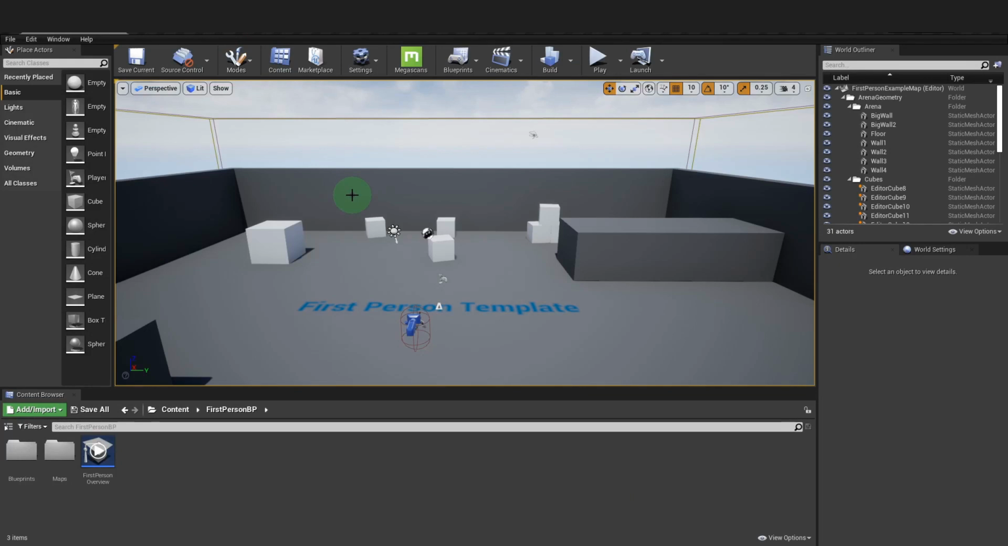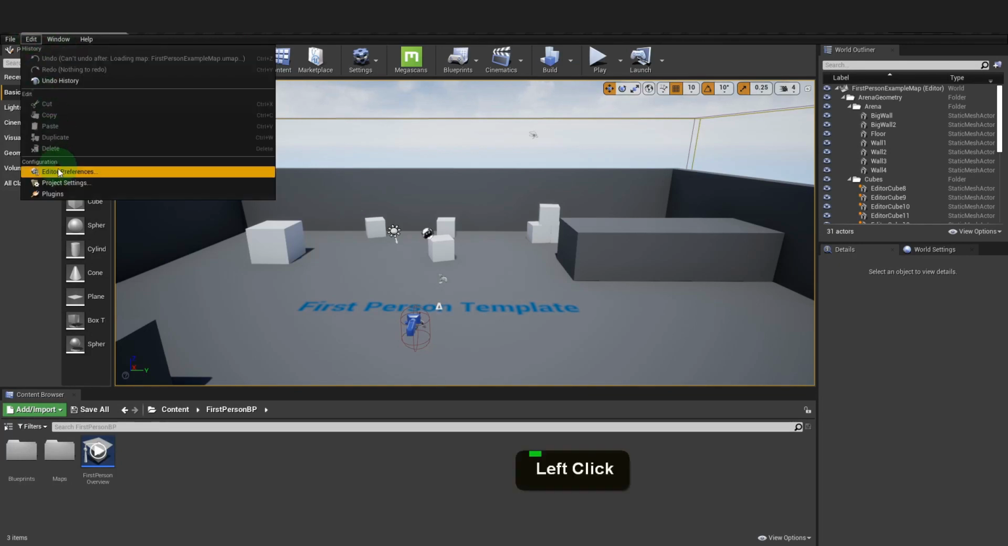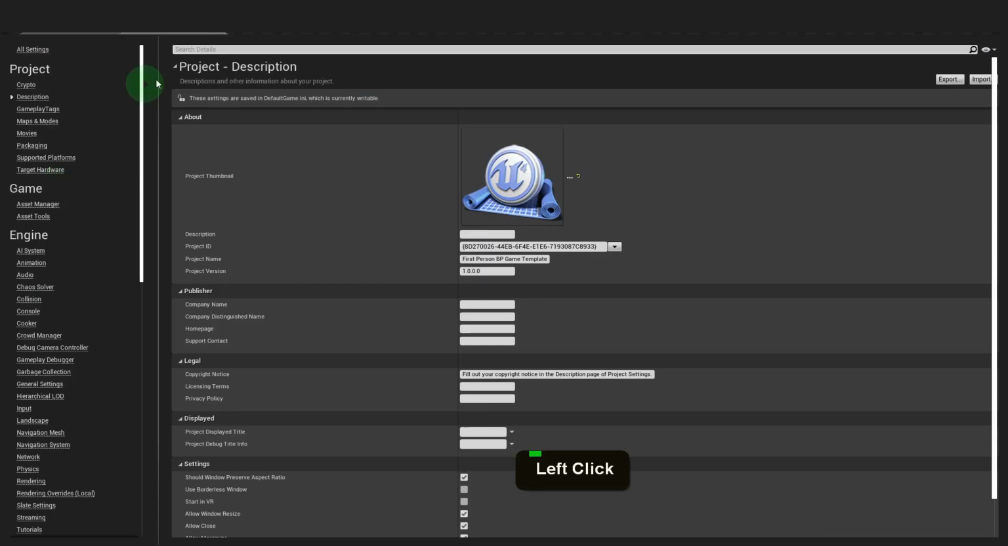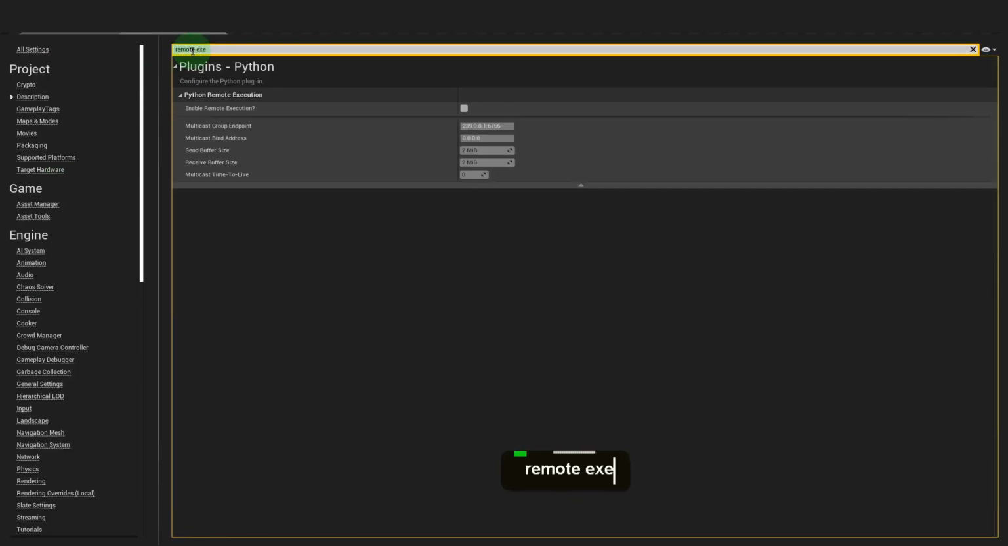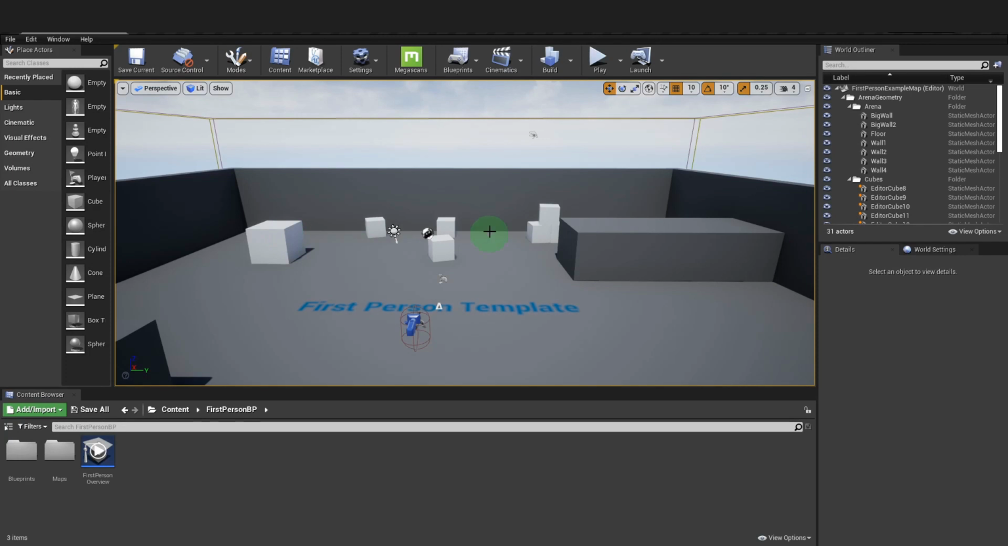Once the restart is complete, one final change. If we come up to Edit and open Project Settings, in search I can begin typing Remote Execution. This should appear here, Enable Remote Execution, so just put a check mark here to enable that. This will allow the engine to accept commands from the Blender add-on. With that done, we can X this down. Now we can import the asset. Your Unreal project needs to remain open in the background, so just leave this open